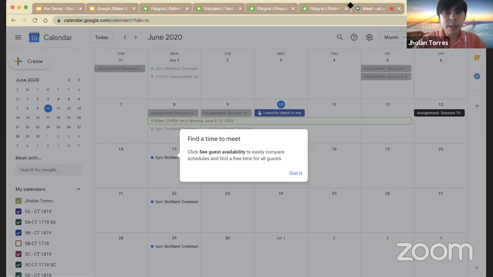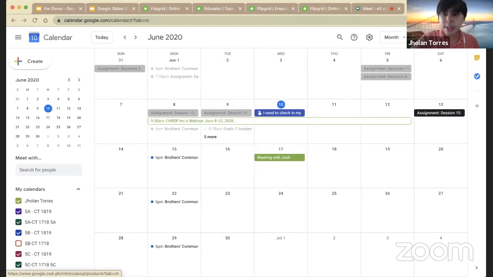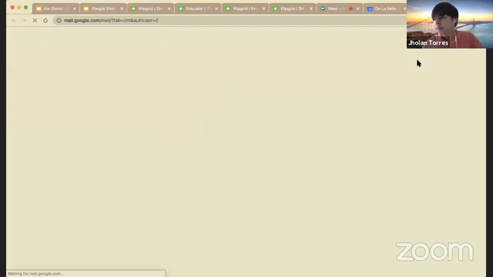I'll just go back to the calendar to go to my Gmail account. Just go to your Gmail account here. For example, I'll click this one. Then Gmail. Okay, so it's loading. My Gmail account, it's loading.